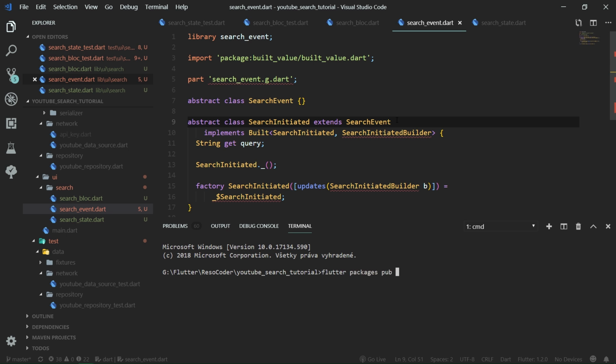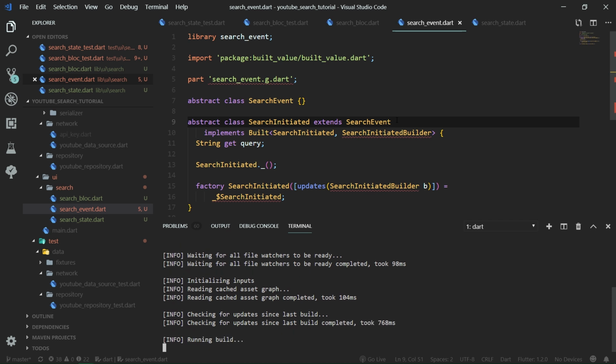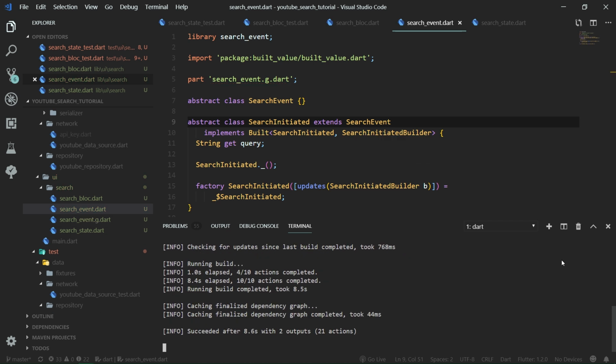pub run build_runner, and let's say watch, because we are also going to add a built_value in the search state file. Now the built_value code will be generated. Cool, so now that we have the classes which are going to be passed into the bloc, let's create the classes